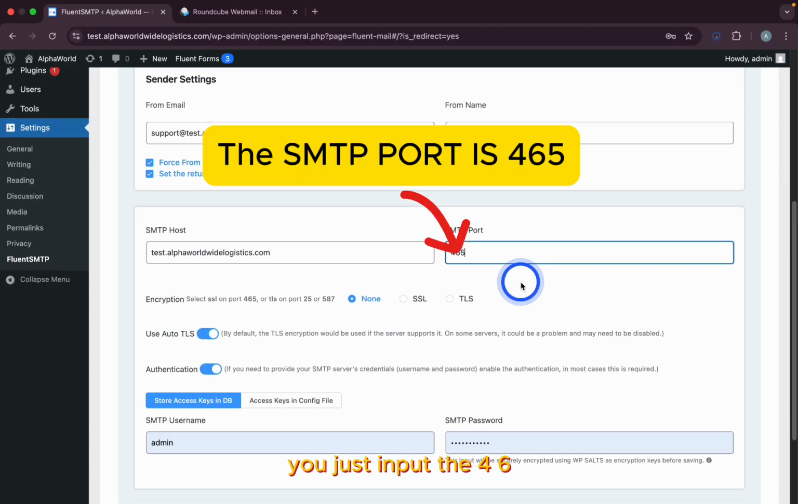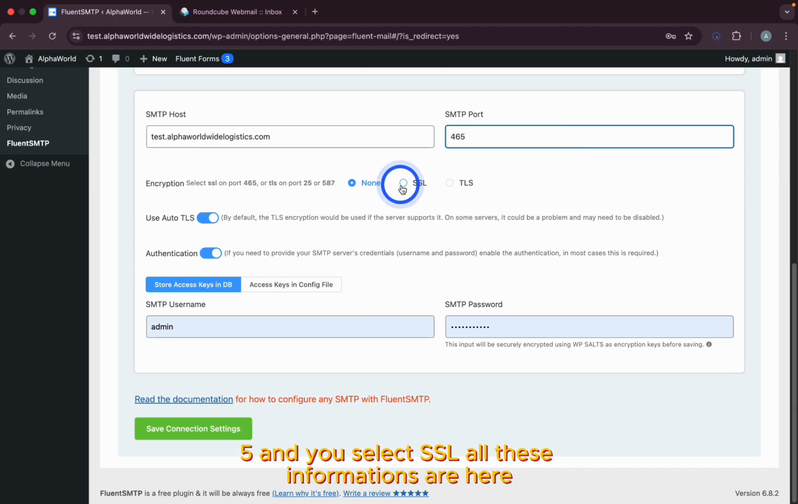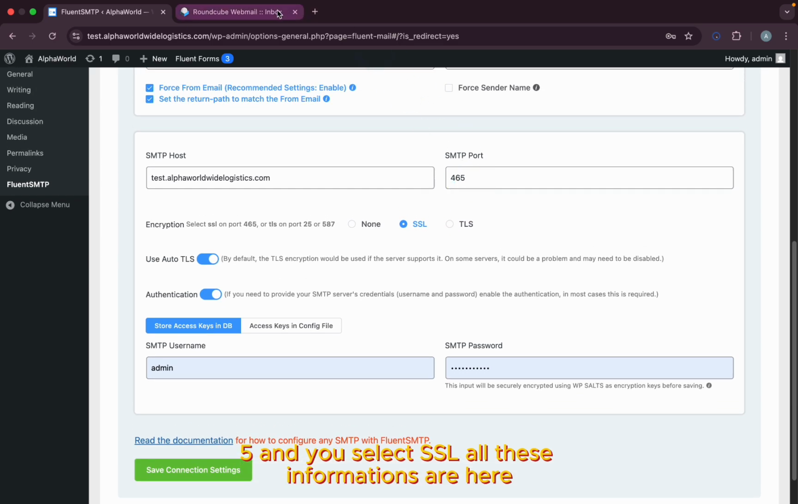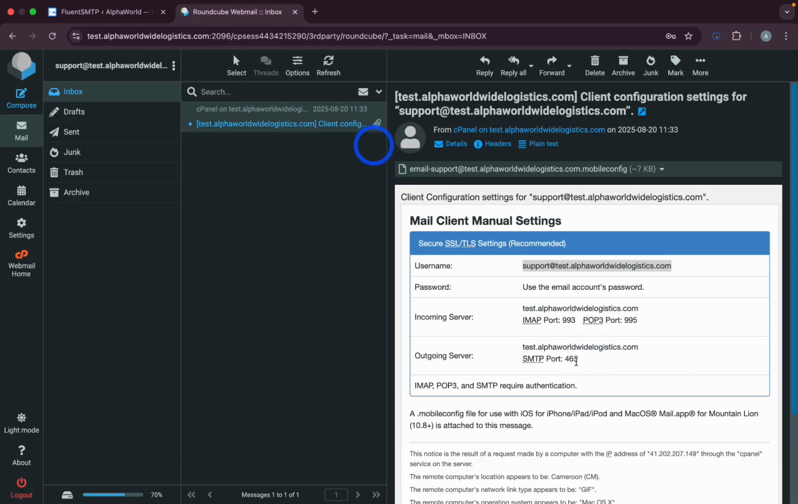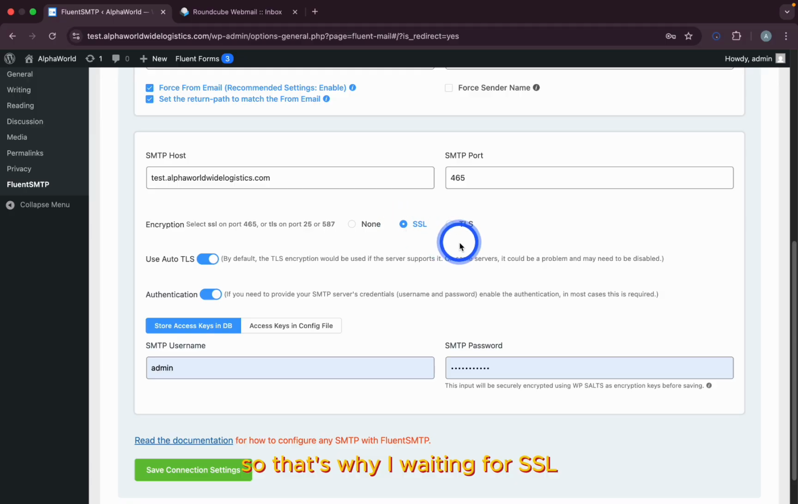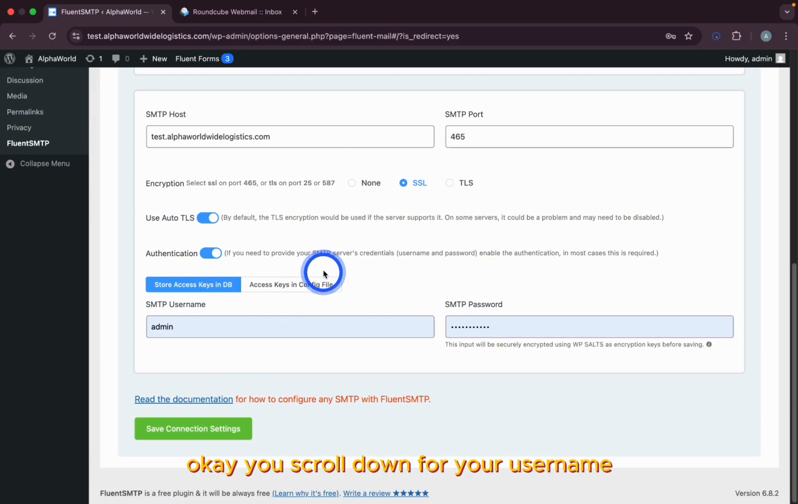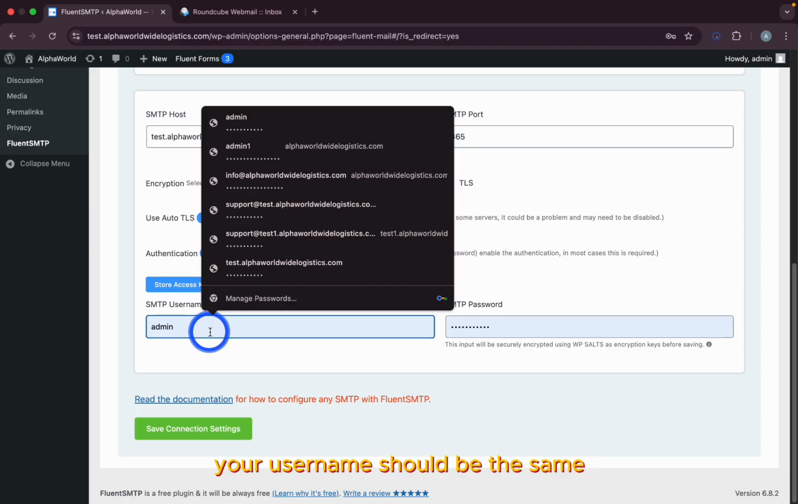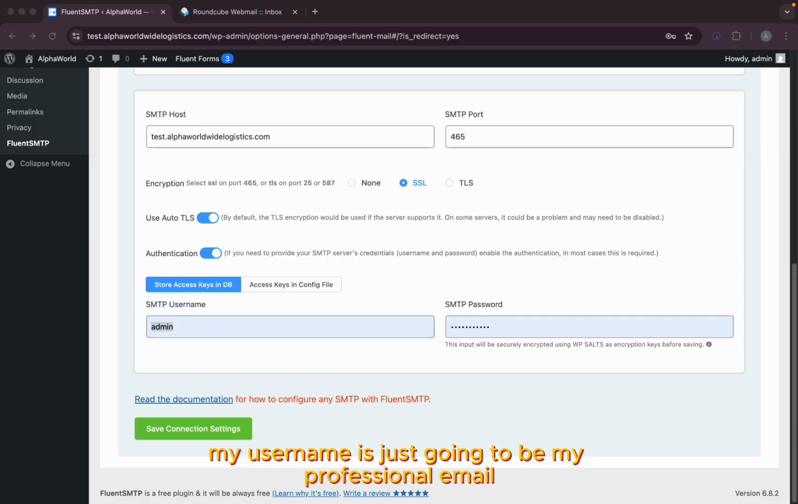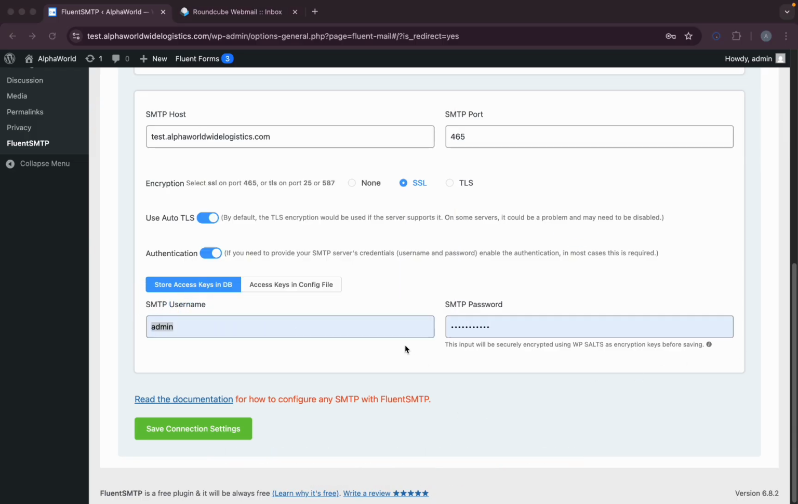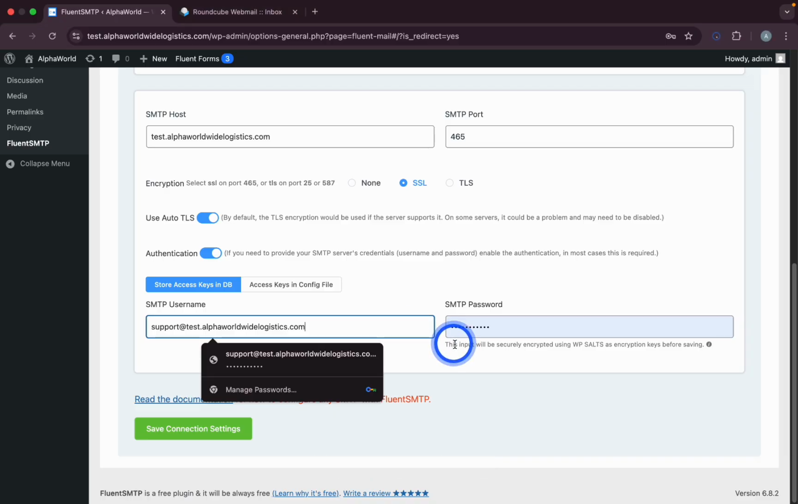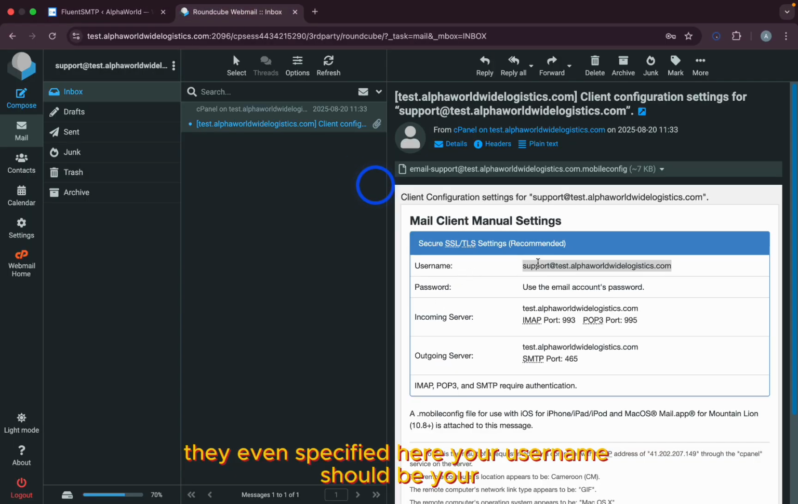You just input 465 and you select SSL. All this information is here, and you see they have specified SSL or TLS, so that's why I went in for SSL. Okay, you scroll down. Your username should be the same as your professional email. So my username is just going to be my professional email. I'll just input it here. They even specified it here. Your username should be your